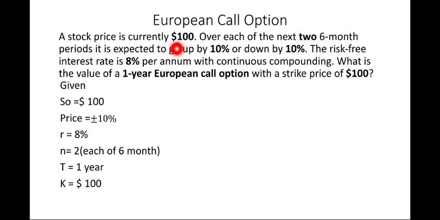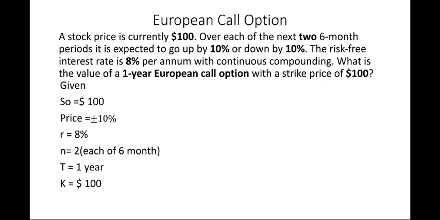It means that today the stock market price is 100 and the price will be going up by 10% or down by 10%. The value of the stock will be changing in two steps, that is once after 6 months and another after 1 year. Today the price is 100, so after 6 months the price will increase by 10%, and after another 6 months the price will increase by another 10%. Similar is the case with decrease. This we will see when we are constructing the binomial tree.